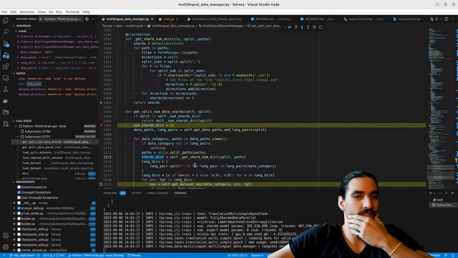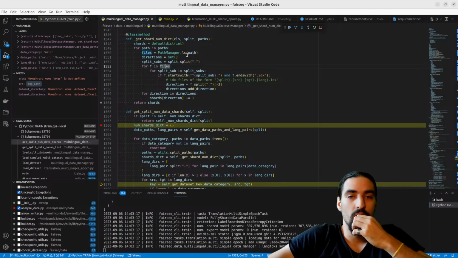Yeah, we just have a single one for validation, that's true. We go through the files. If it starts with it, then we grab the direction, we pass in directions. And then going through directions, we just add for that direction. Okay.